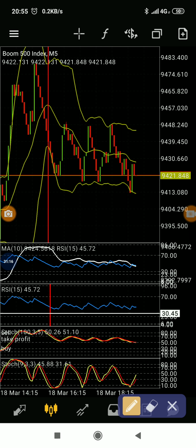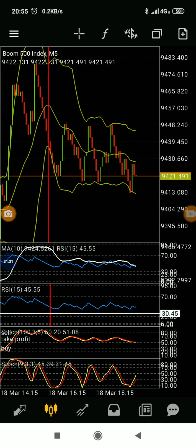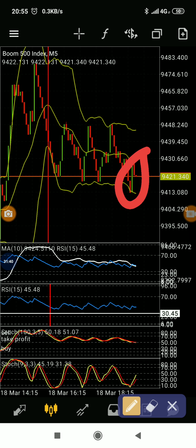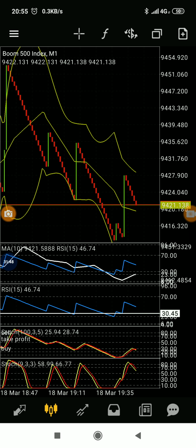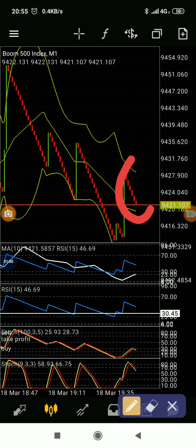5 minutes is telling us it is on buy. That's why I bought. Yeah, it's on buy because the buy will go for long. And also you can look at this Bollinger Band. You can see this Bollinger Band is holding the trade, but in 1 minute, I think it should be coming from the upper Bollinger Band. Let's switch that. You can see it's coming from the upper Bollinger Band,